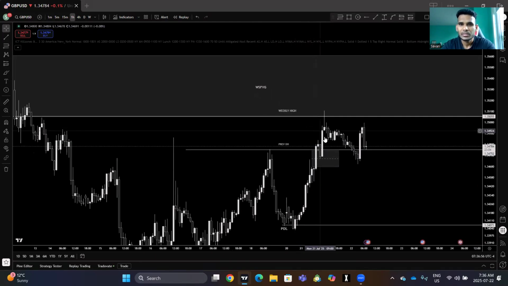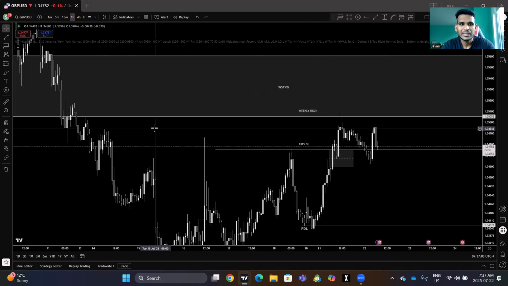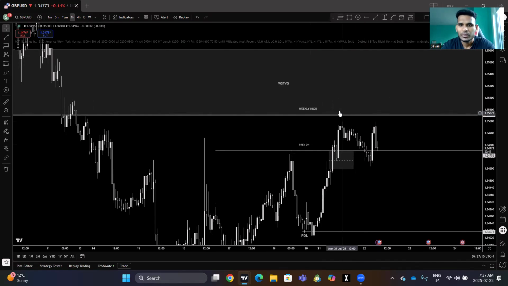This is the sweep. This is where the price gets stopped, and this is where the sweep happened. This is the clean liquidity sweep inside the fair value gap, the high. So one, two, three, four liquidity has been taken, and this is the fair value gap, and this is the weekly high. This is the high time frame fair value gap. Everything is aligned. This is where it starts to give the retracement. Clean sweep, clean retracement, clean flip of the fair value gap.